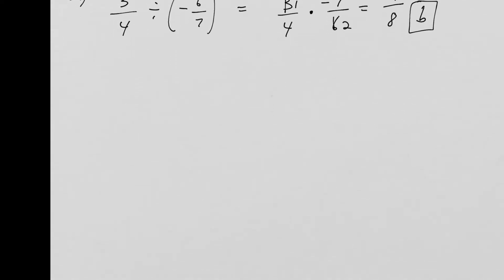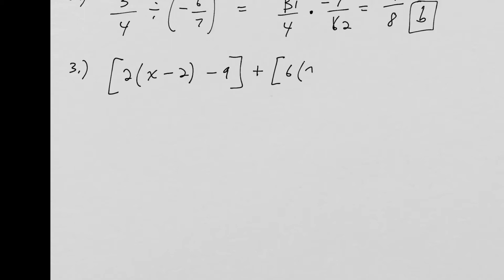Okay, 3. So let's see, I have 2 times x minus 2 minus 9, and then plus 6 times x minus 1 plus 6. Okay, so I just want to simplify this expression. So normally, in order of operations, we would do innermost parentheses first. But I can't really simplify the innermost parentheses. I have x minus 2. I can't combine those, and x minus 1. So then I'd work my way out to